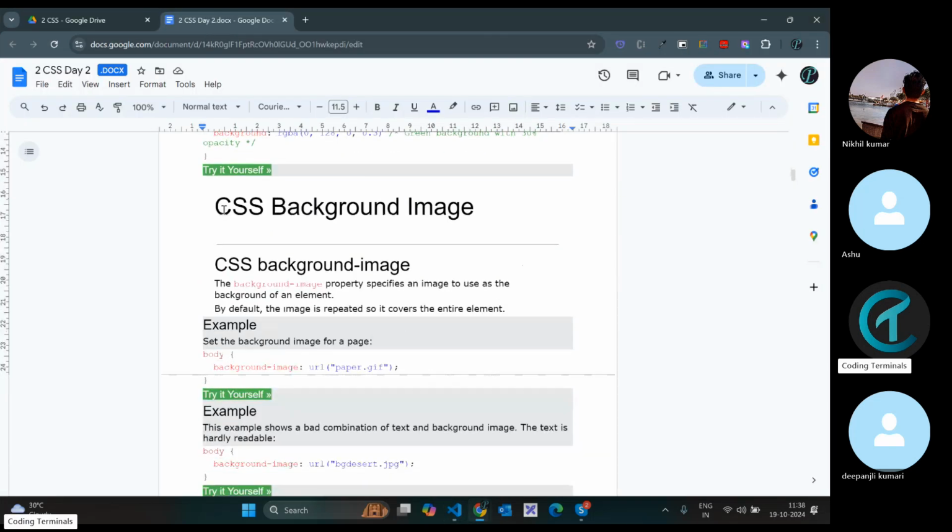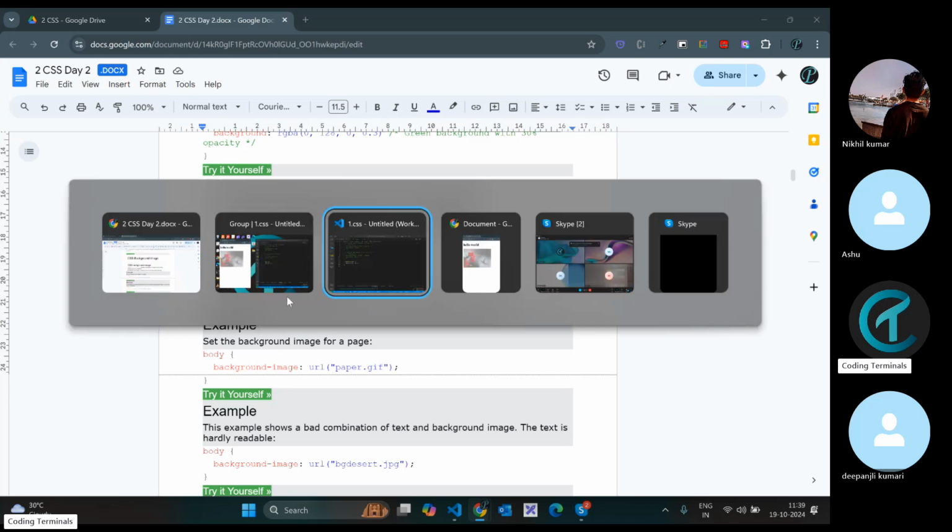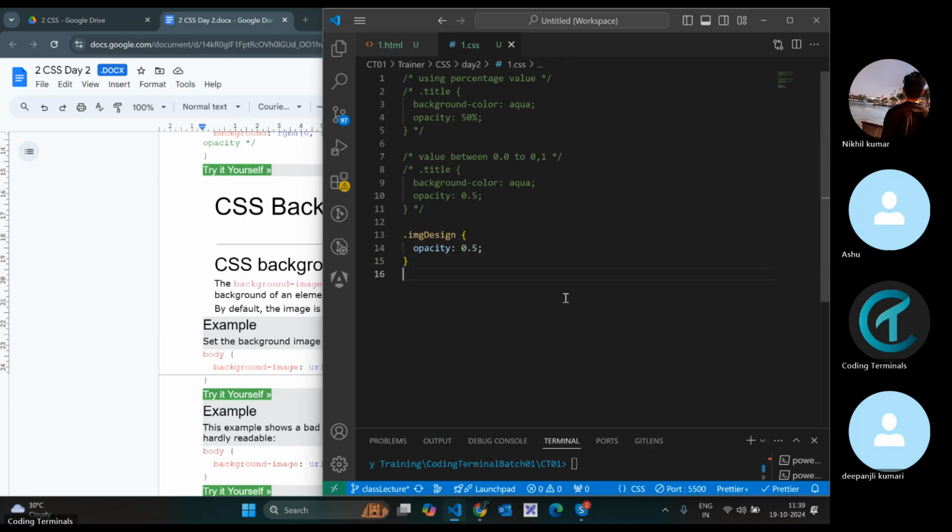Okay. Next, we have set background image. If you want to put an image in the background, and on the top we want to put some text, then we can go with the background image property. So let's add the background image in the complete body itself. So let's add the body tag